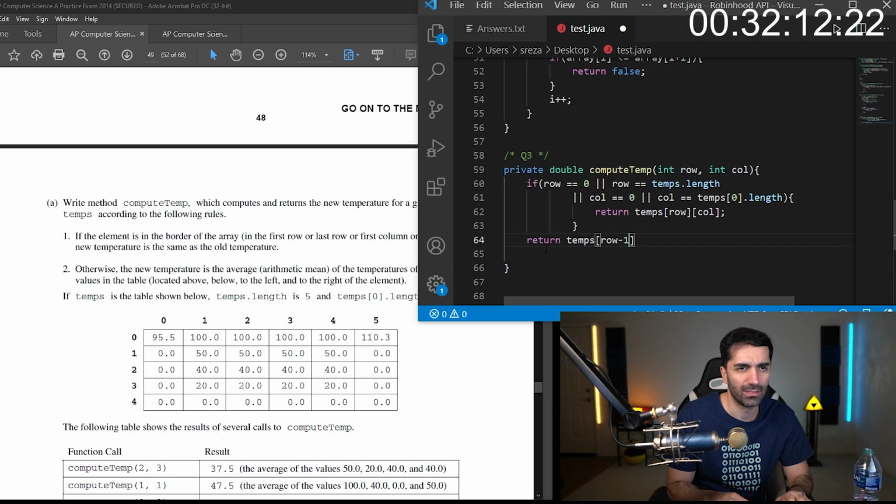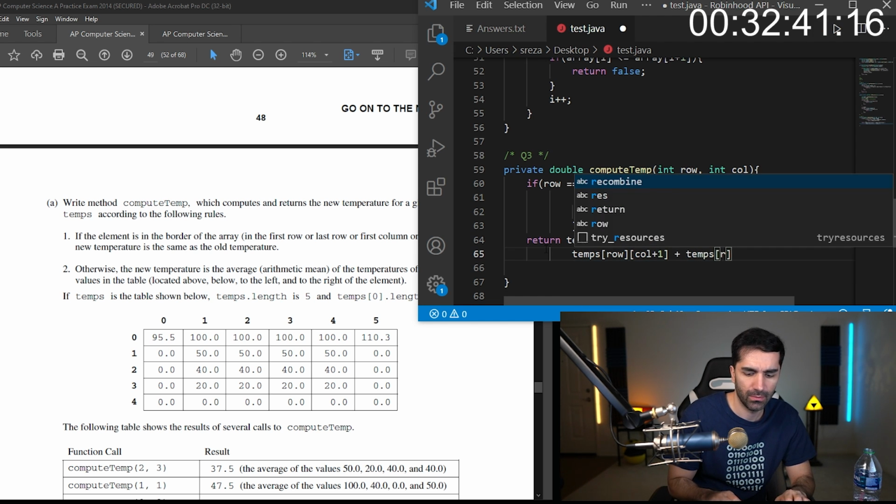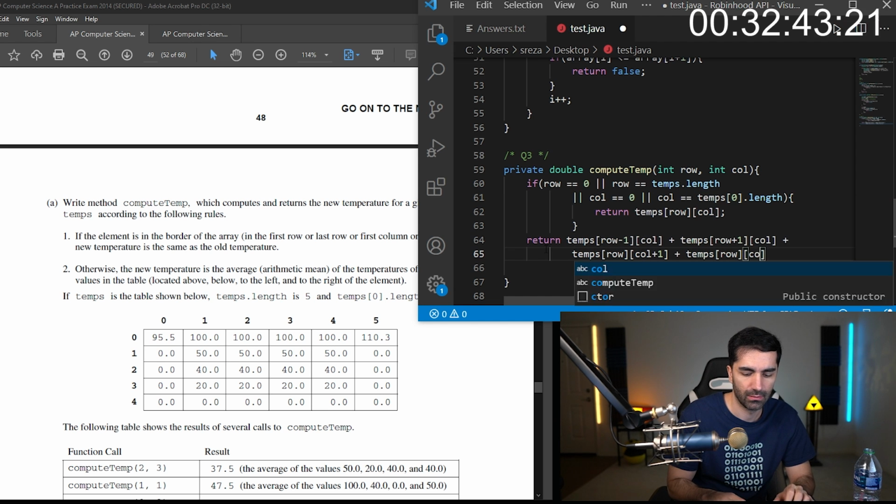Temps, so we'll do row minus 1, call plus row plus 1, call plus temps row call minus 1.